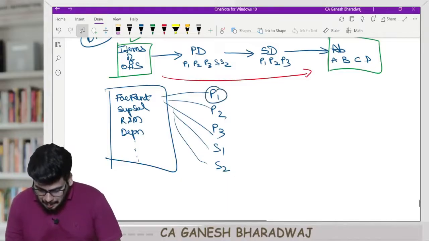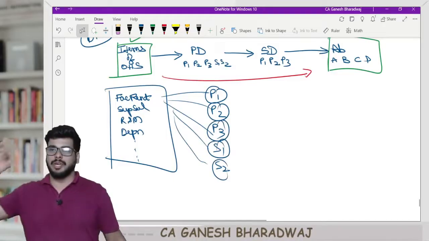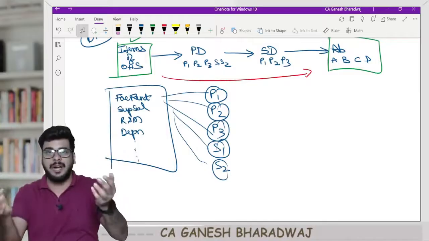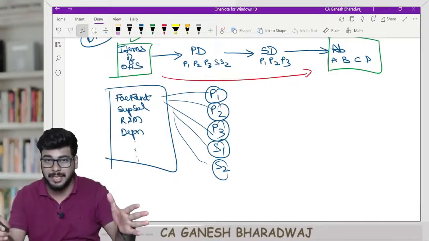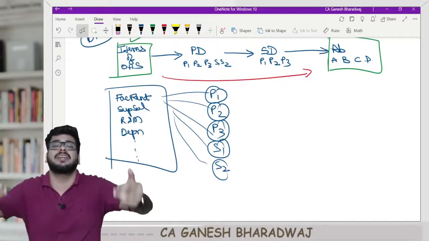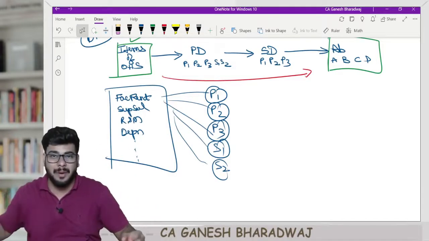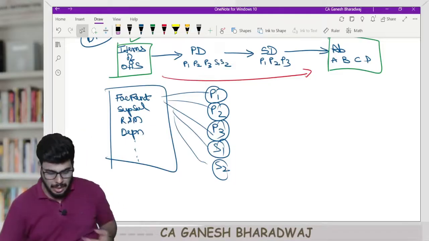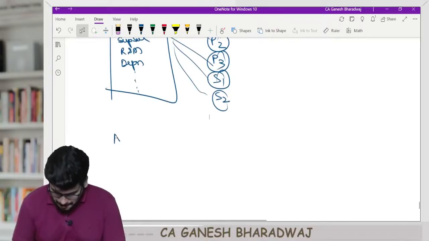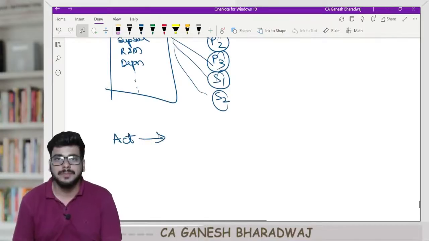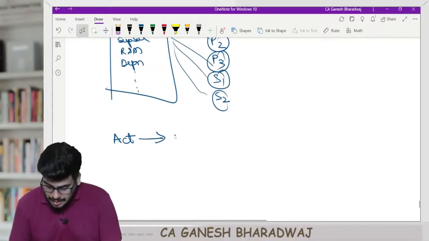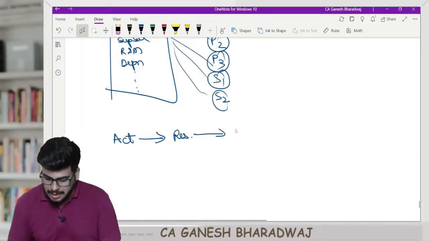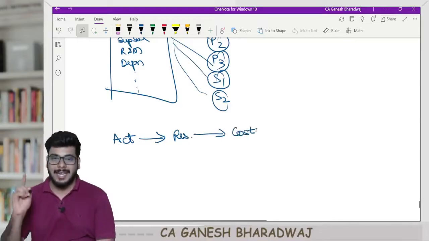ABC says the presence of this department, P1, means you are going to incur some expense. No. The presence of the department is not the reason for you to incur expense. There are activities that are getting done under every single department. It is the activity because of which the cost is being incurred. Or in other words, ABC says, because you have activities, it results in consumption of resources, and consumption of resources results in incurrence of costs, and hence